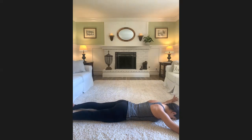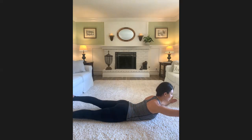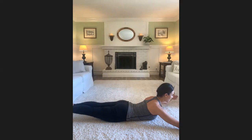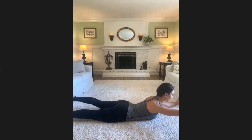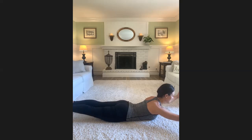All right, and again, lift your gaze, lift your head and chest. Pick up the gaze, pick up the head and chest. And then you'll hold it there, lift your opposite arm and leg, set it down. Other opposite arm and leg, and down. Opposite arm and leg, and down. Other opposite arm and leg, and down. 2 more each way like that, keeping the rest of your body as still as you can. Last time each way. And then hold it there, lift all of the limbs, and you're gonna flutter for 6,